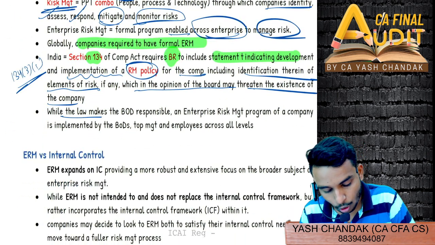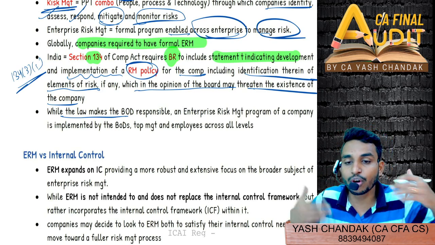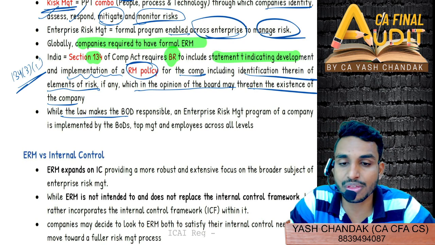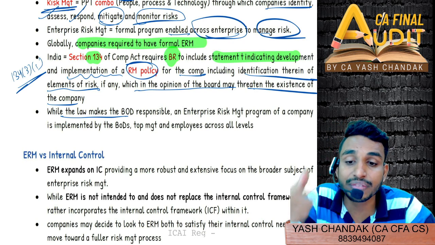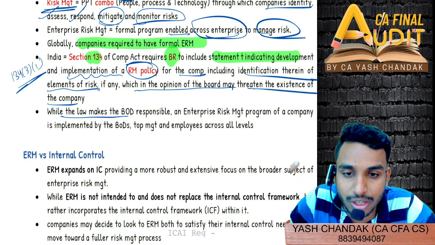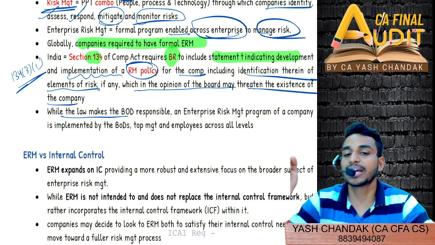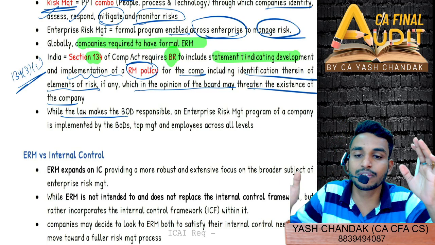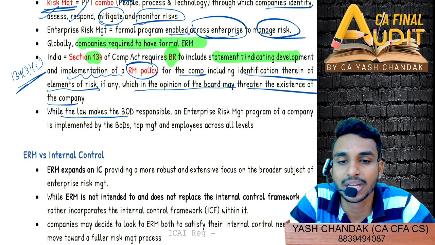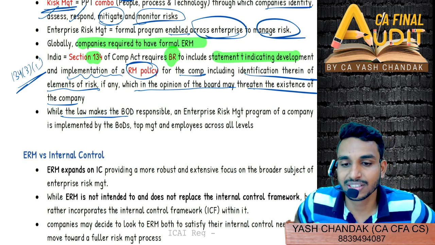While the law makes the BOD responsible, as per law the BOD is responsible for reporting whether they have a robust risk management process implemented or not. However, it is the responsibility of each and every employee. For us, if I am held responsible for completing an audit in the given time frame, it might be according to law or according to custom my responsibility. But isn't it